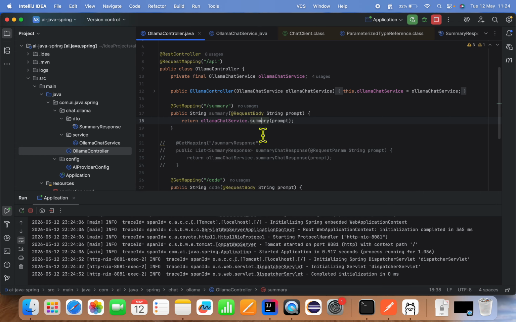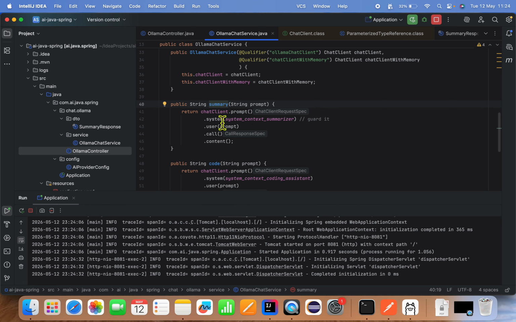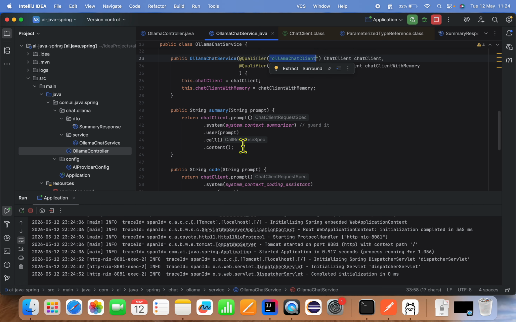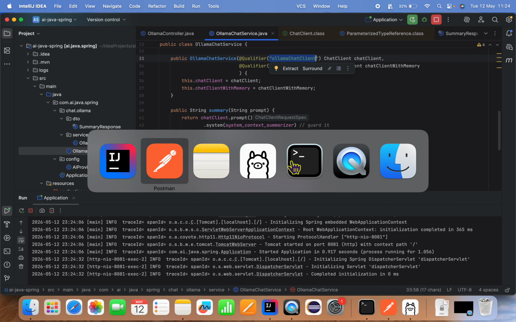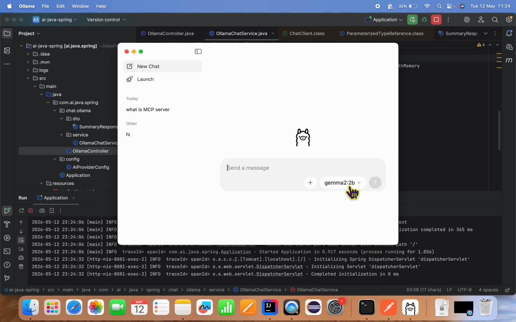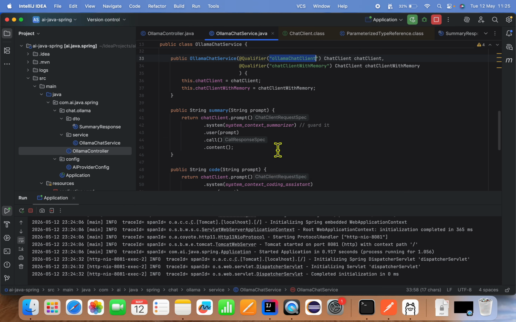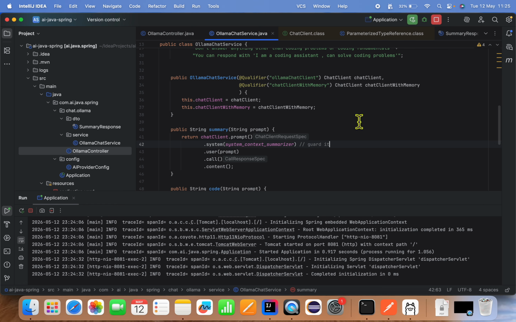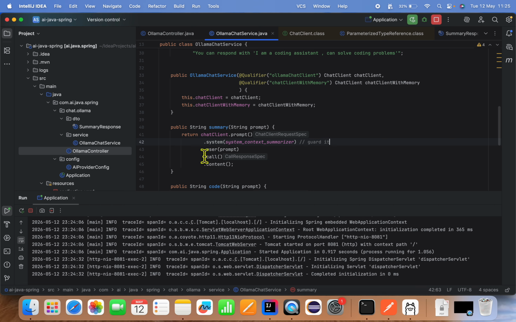Now if we see the implementation part, what we have implemented: we have used the chat client that we have created with the Ollama that we have set up locally. The version that we are using for Ollama is Gemma 2b. Okay, so let me go back and see. Here we have just used the chat client prompt method, and here we have passed the system context summarizer for guarding it